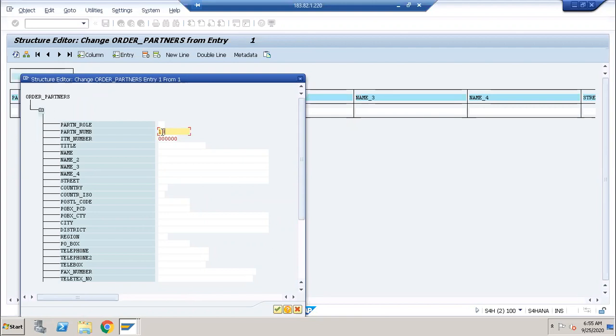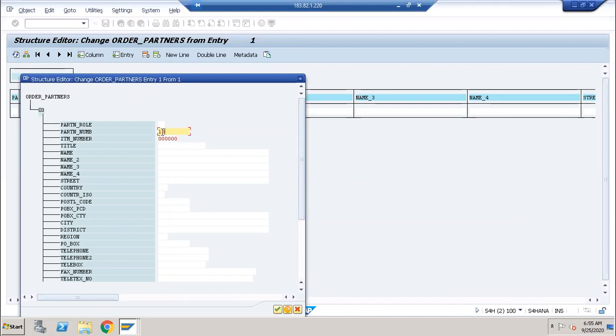Which type of customer is it? It is sold to party, ship to party, or bill to party. Some customer types will be there, and this will be handled by the functionals. For example, you are ordering something on Amazon or Flipkart from Hyderabad, but the delivery address is in Bangalore. Here the sold to party customer address is Hyderabad.